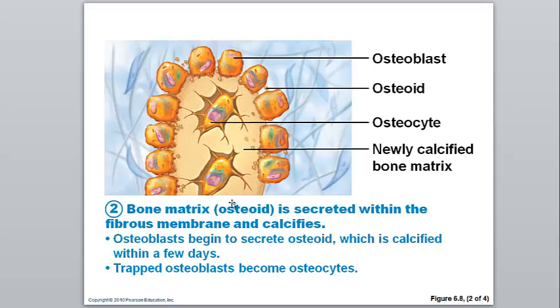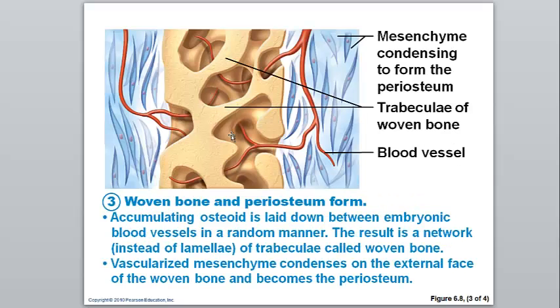The space that you see over here around your osteocytes is called lacunae. As the matrix is calcifying over here, your osteoblasts on the sides still form osteoid. They secrete osteoid, and as it forms, it calcifies and becomes your bone matrix. Now, the matrix has been laid down. As the matrix is being laid down, the blood vessels that are found around the matrix